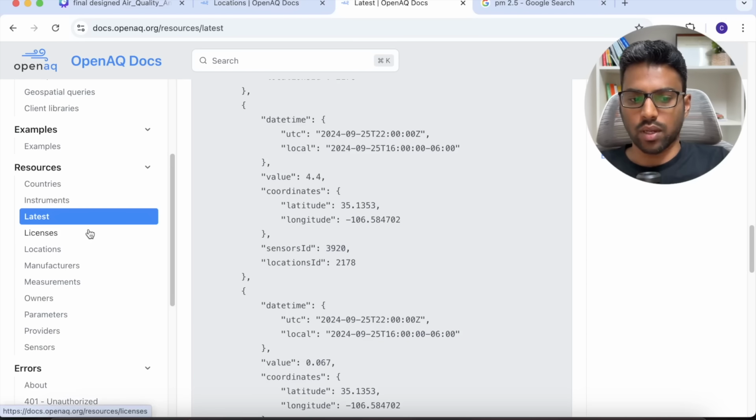So I think we looked at two APIs so far. The latest brings in the sensor measurements and locations, and helps us get the metadata for the location as well as the sensor, okay. But you can also feel free to leverage all the other APIs like countries, instruments. There are many APIs. They're providing parameters, owners and manufacturers, sensors, but I think for the sake of demonstration I'm going to stick to a couple of APIs to keep it simple,